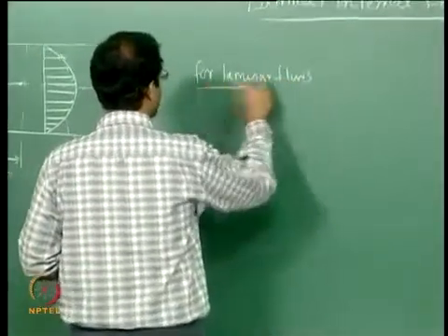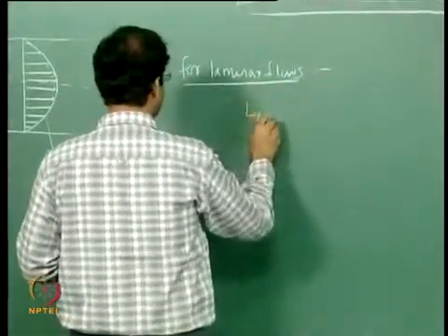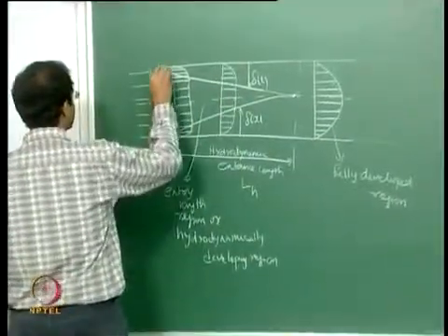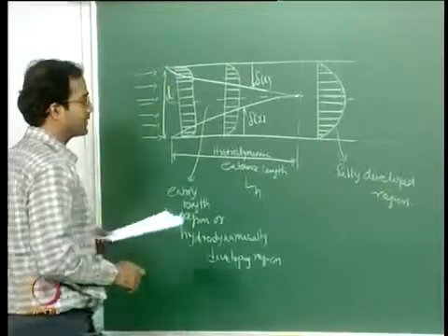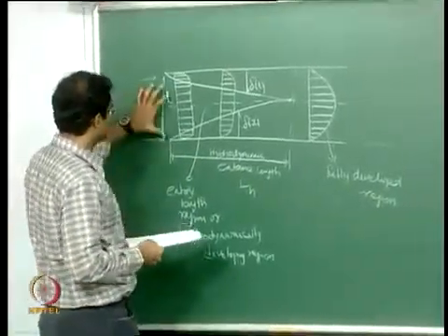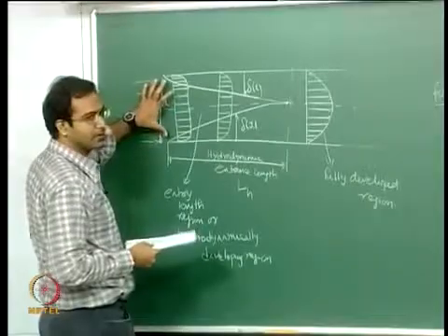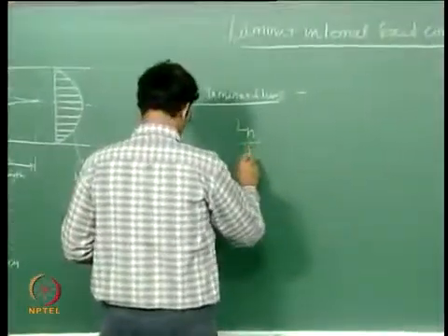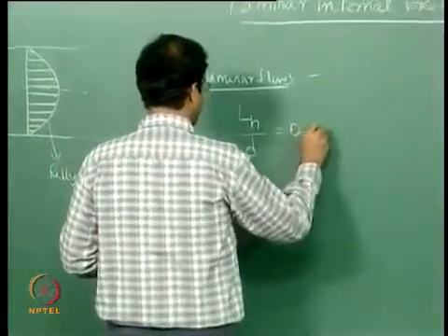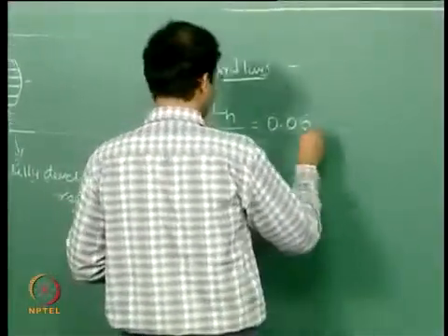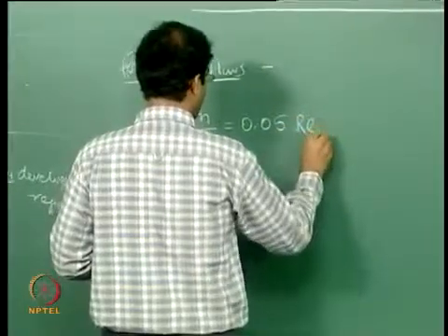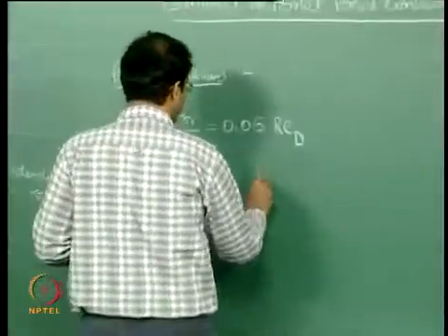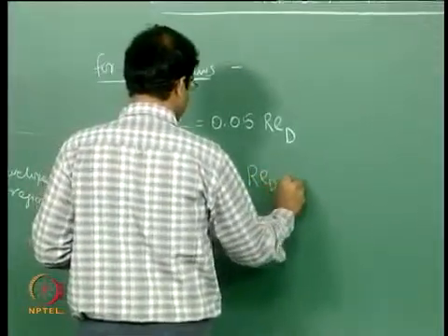the non-dimensional entry length, so this is non-dimensionalized by the diameter if you have a duct or if you have a channel. So this is the separation between the two plates of the channel. Okay, so L_H by D is roughly 0.05 times Re based on the diameter of the duct. Okay, so here the Reynolds number for internal flows is defined based on,